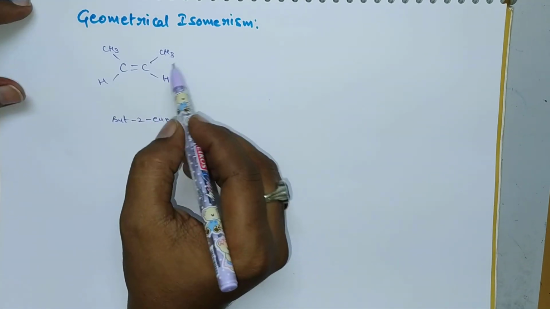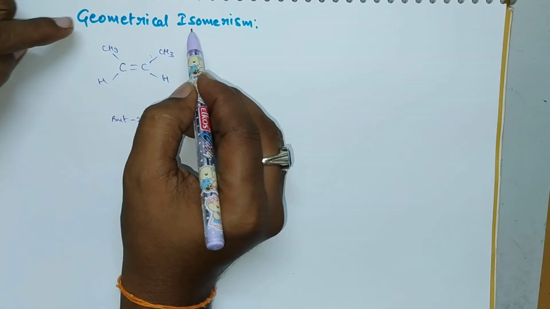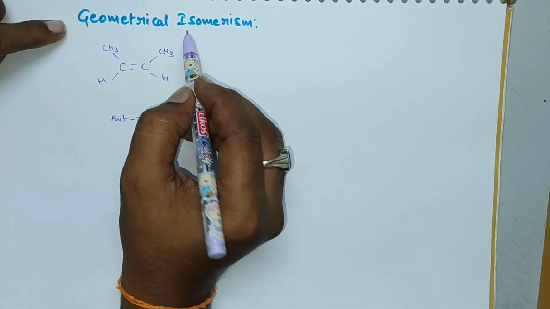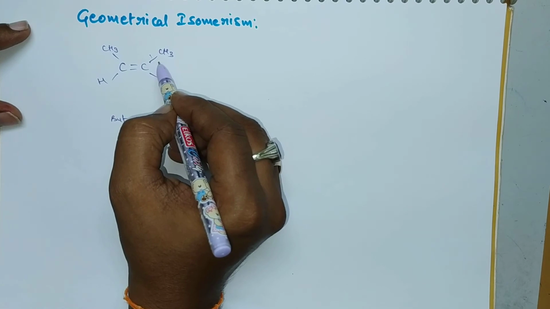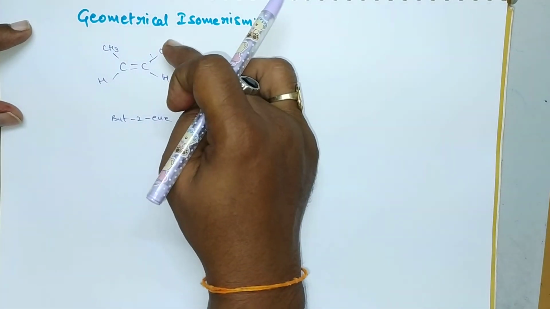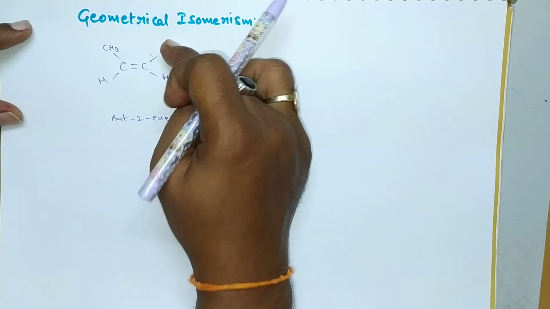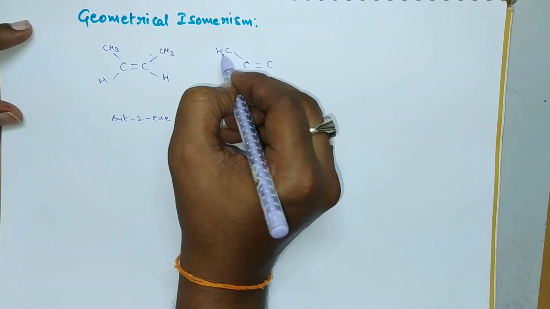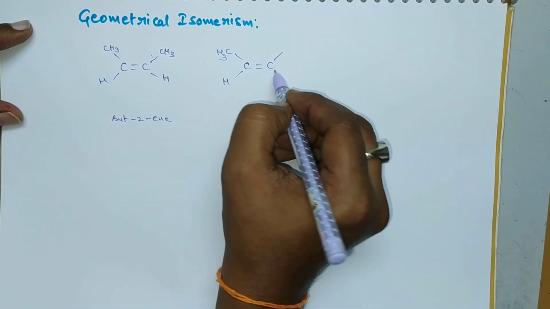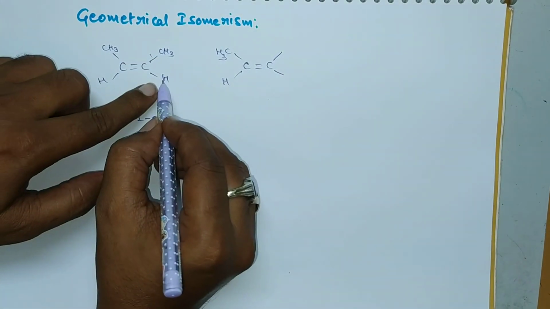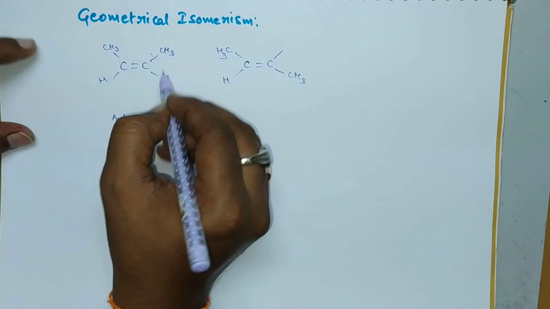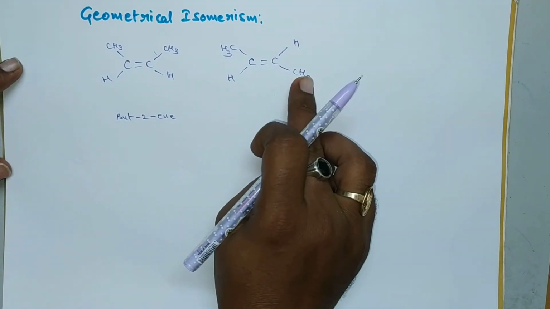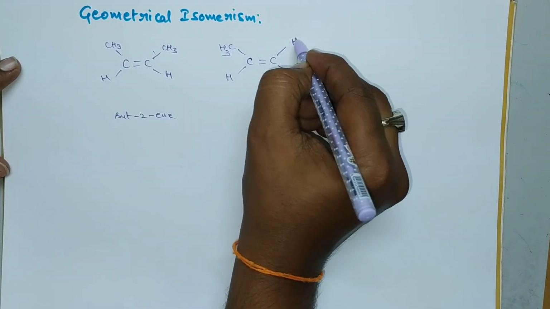Geometrical isomerism is one type of configurational isomerism, so it arises due to breaking and making of bonds. Suppose you break this bond and again break this bond, and by forming this bond here, we can obtain another isomer, that is CH3 C double bond C CH3. This bond is broken and it is formed here, so CH3 will be present here and hydrogen will be present here. By simply breaking and making of bonds, we get another isomer. This is due to a different spatial arrangement.